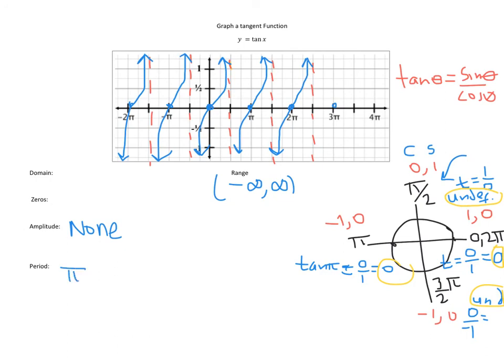You can see that's different from the other graphs. And maybe I can write the zeros. The zeros are at n pi, every integer multiple of pi is a zero, and I'm just going to stop there. So that's how to graph the three basic